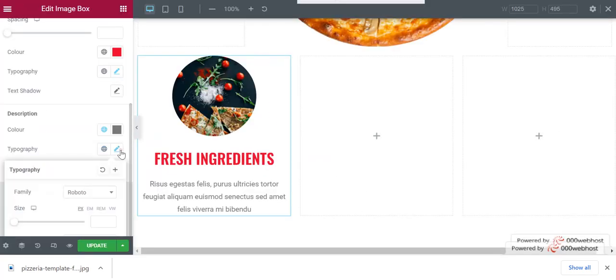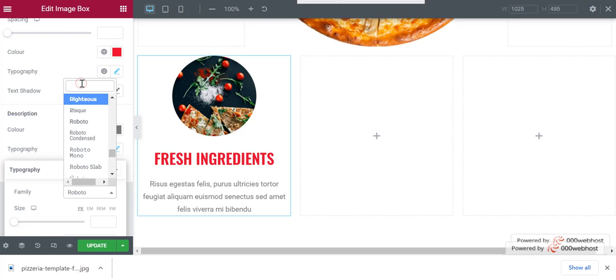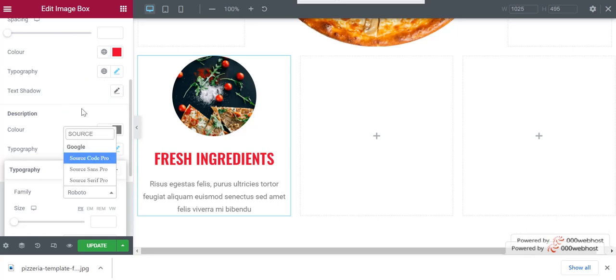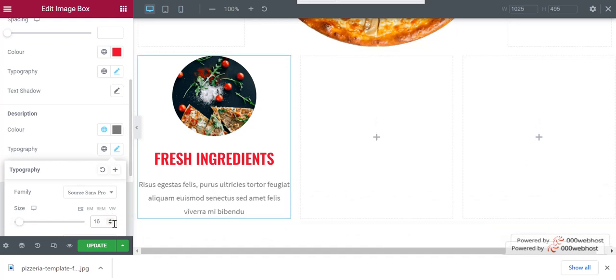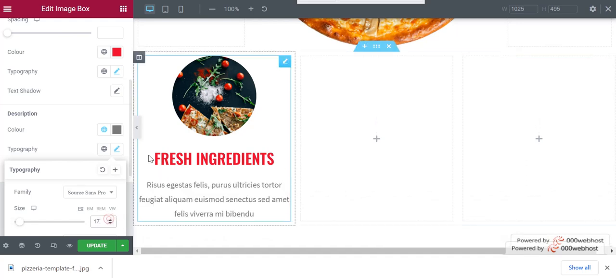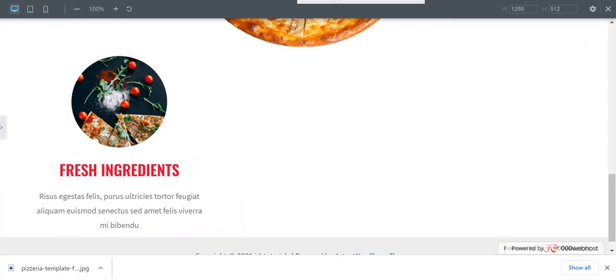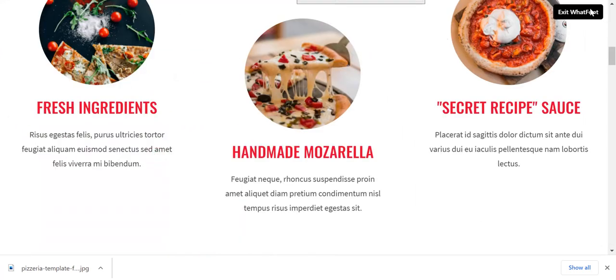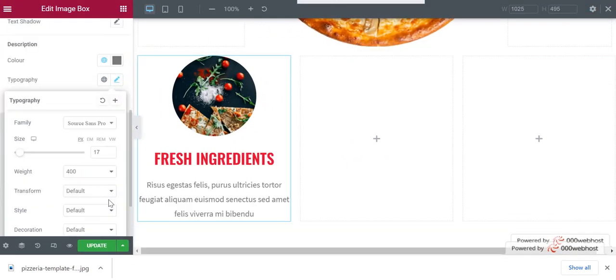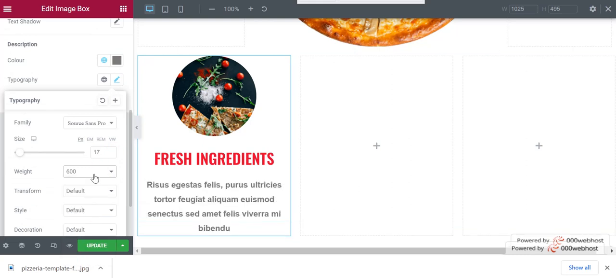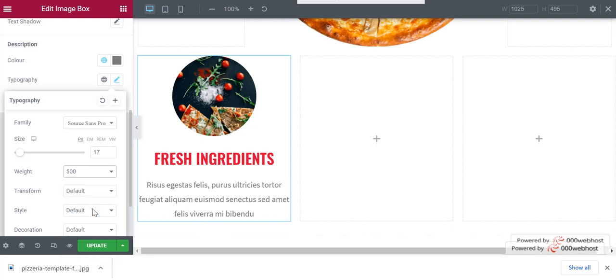We will make it Source Sans Pro. Okay, let's increase its size, and I think 15 is good. No, make it 17. Okay, we will also increase its weight to 500, or make it 600. No, make it, yes, make it 500.